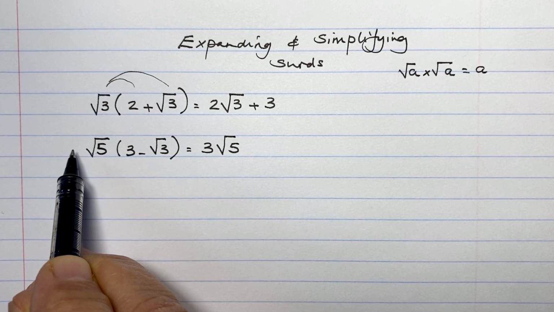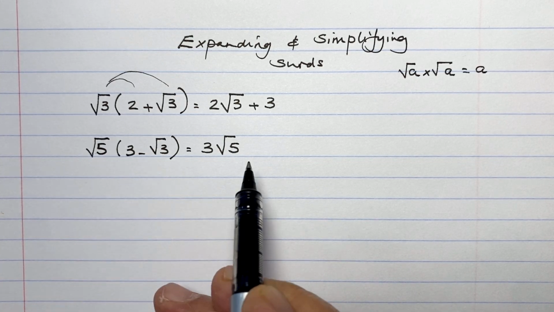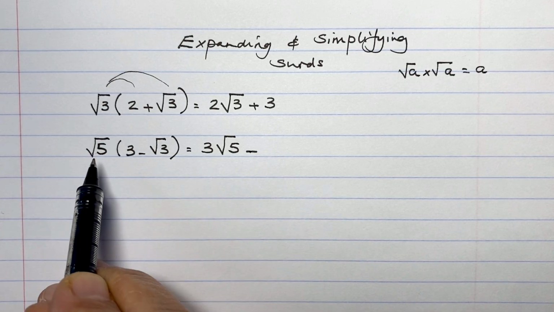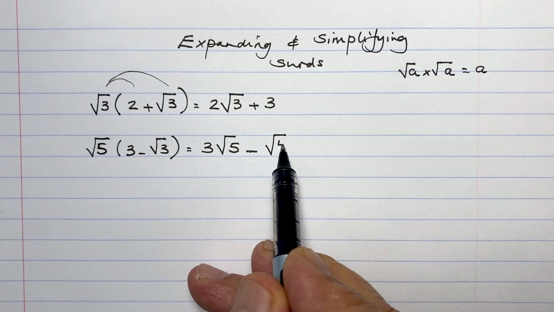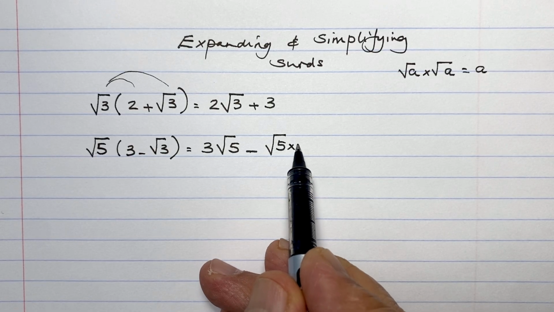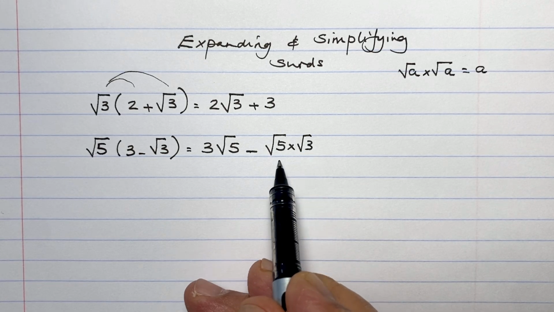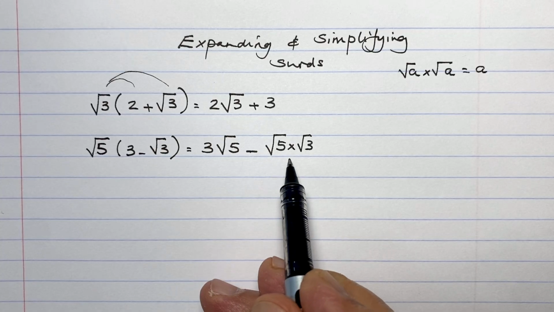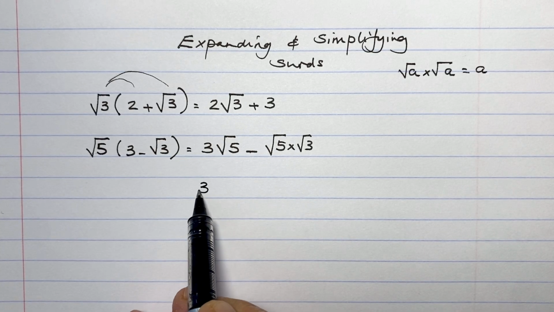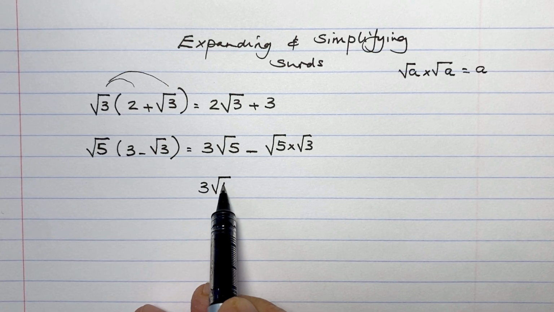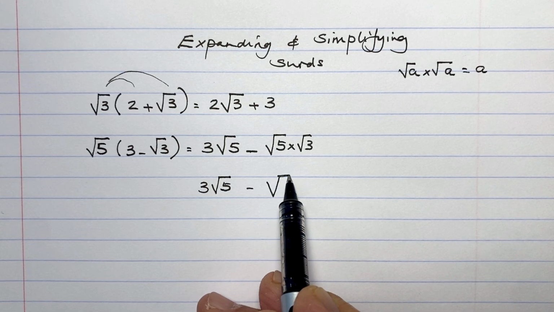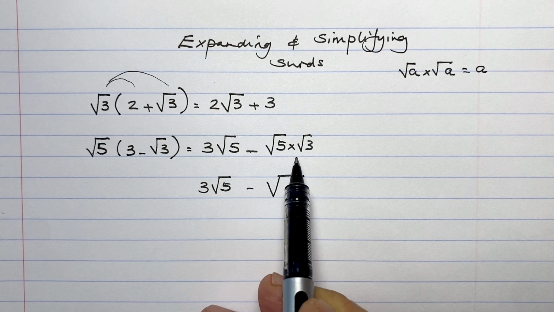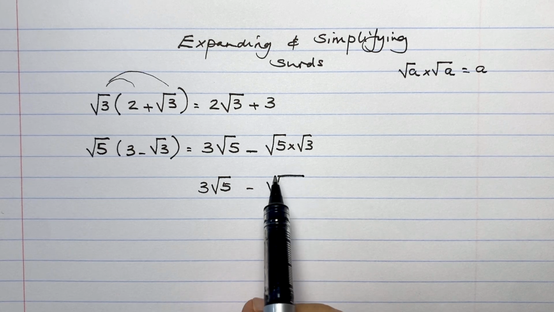The positive of root 5 times negative of root 3 is negative root 5 times root 3. But we don't leave root 5 times root 3 like that. We can't simplify them, so we put them under one root, law number 1 of the surds. So 5 times 3,